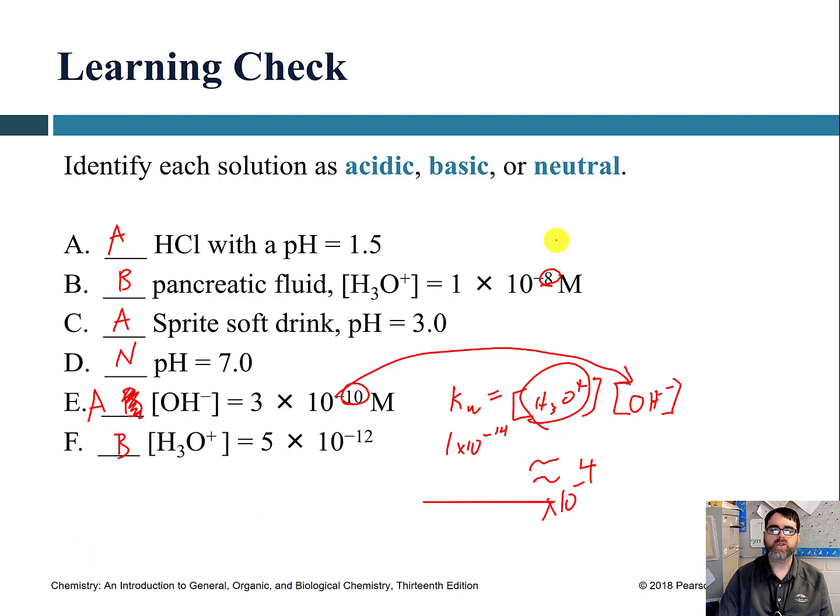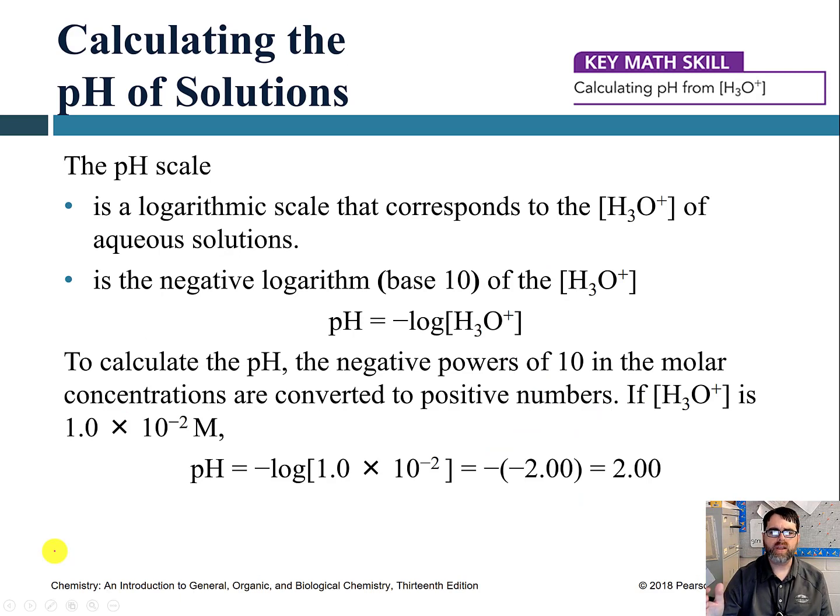I believe the chart on the previous page had the powers of 10 as well, and so you could have just looked at those powers of 10. It's just that eventually you'll have to solve them mathematically, and this is how you would do it. Anyway, the pH scale, as I said already, is logarithmic. So the way that you actually calculate pH from an H3O plus concentration is